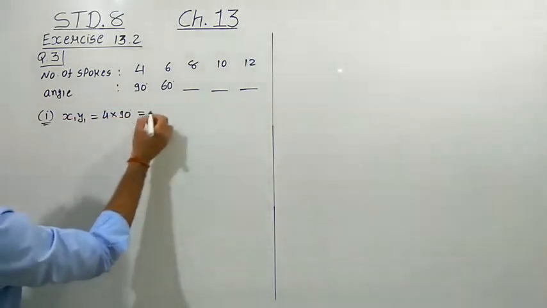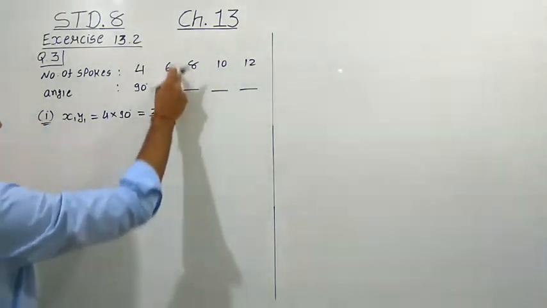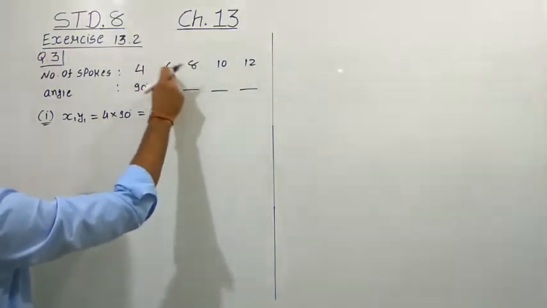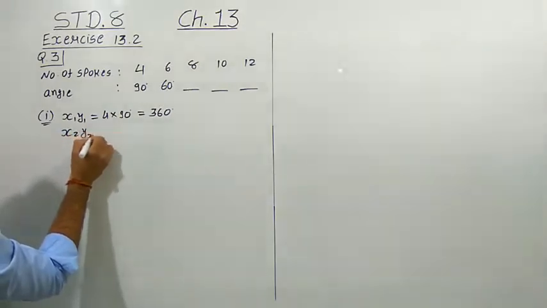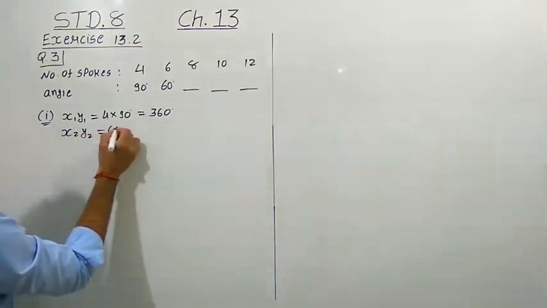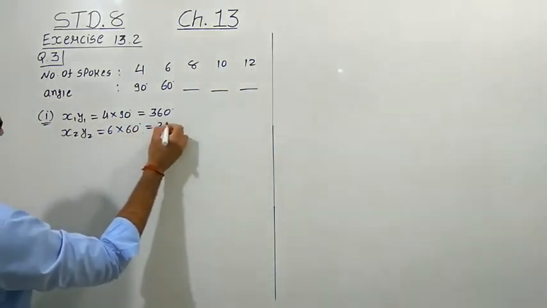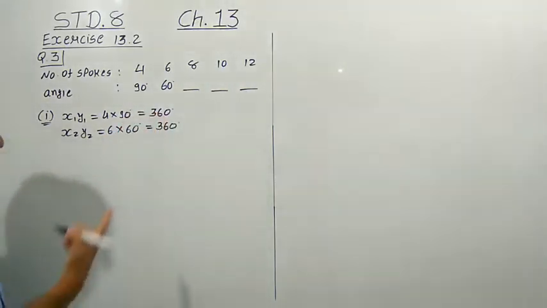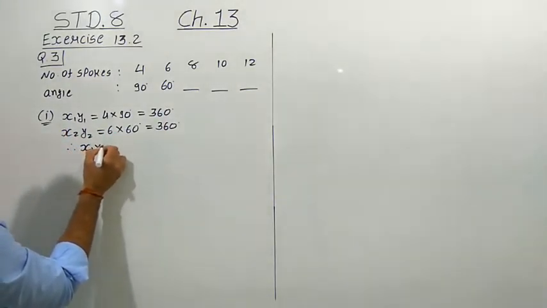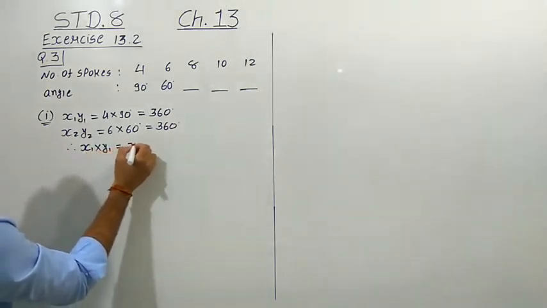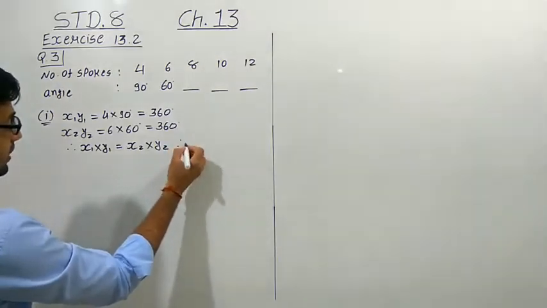So here we get 360 degree. Let us check for this second value. Let us consider this is x2, this is y2. So x2 y2, that is we get 6 into 60 degree. Here also we get 6 6s are 36, 360. Now you can see that both these values are equal, therefore we can write down that x1 into y1 is equal to x2 into y2,